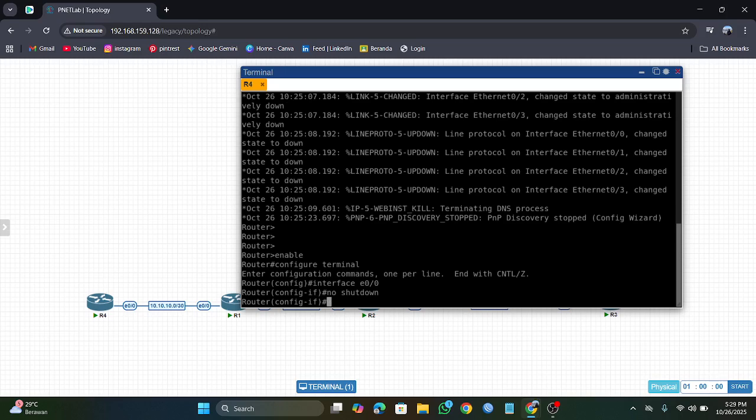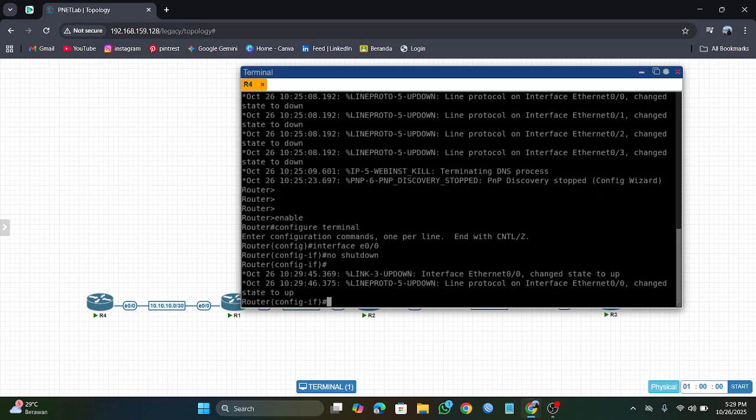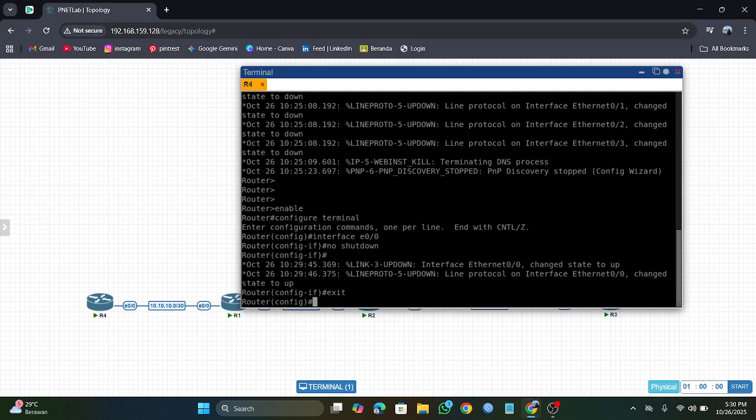Next, you type exit and enter. And next, you type router BGP.